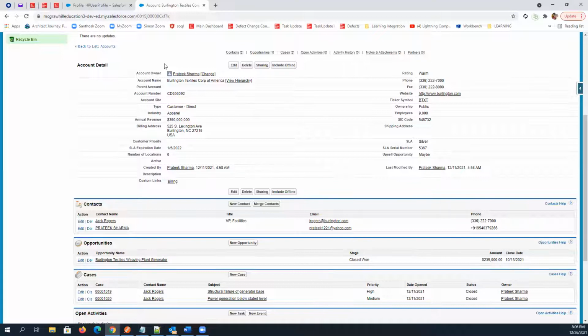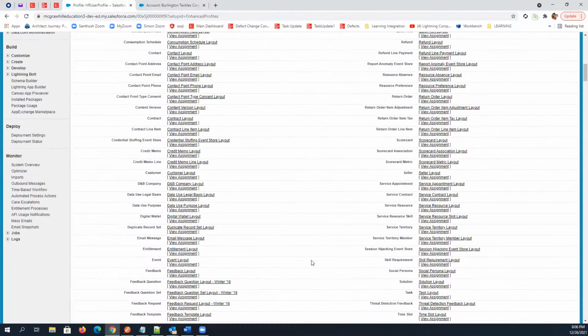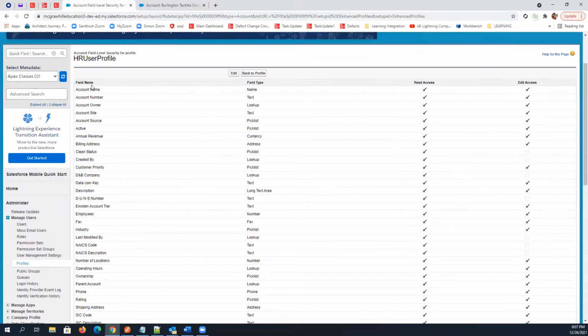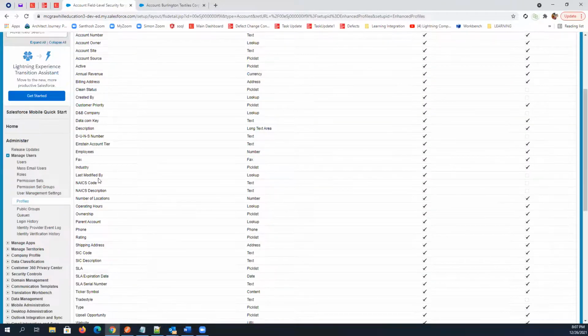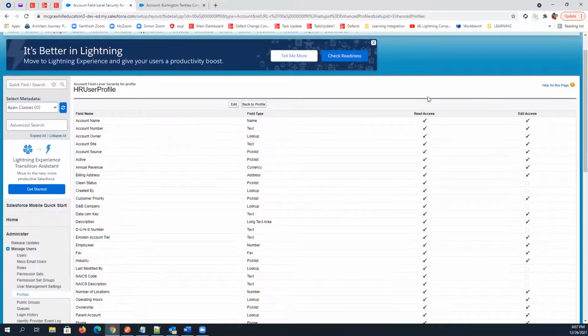So what you can do is give the entire object access, but restrict a particular field on the profile. Let's say in field level security, if I want to restrict any field on the account object for this profile's users, I can go to account, view, and after clicking on view you can see all the fields we have on the account object. You can always restrict the read or edit access.